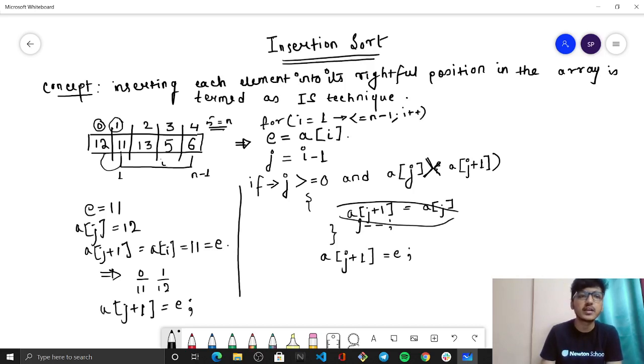Each time we will be checking it with the previous value, that is E will be checked with J, then again the new J becomes something else, then this becomes J, then this becomes J, and so on and so forth. This process will continue unless and until we are matching it with the previous element and the entire array gets sorted. So coming back to the time complexity,